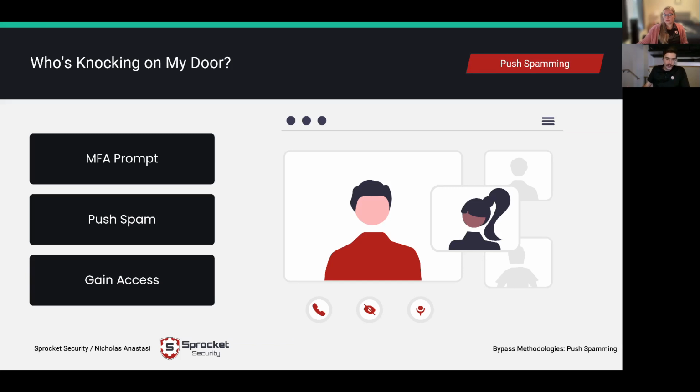It's so easily abused and so often misconfigured that my recommendation nowadays, if you're using it as your primary multi-factor authentication method for end users at your organization, is to shift away from it as fast as possible.